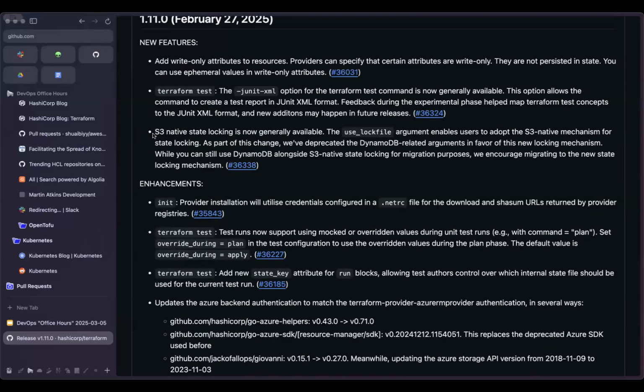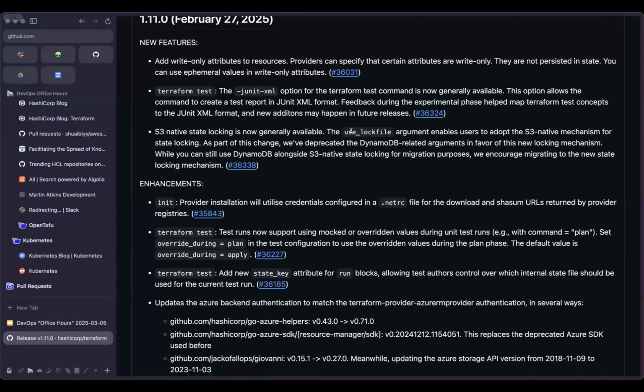Oh, this was a big one, of course: state locking is now native and no longer an experiment in Terraform core. And if you're using Atmos, Atmos works with this as well. Recently, somebody posted a question in the SweetOps Slack channel asking how to use it, and someone else posted an example. There's nothing custom needed in Atmos other than changing your configuration for how you use the backend, and Atmos doesn't get in the way of that.